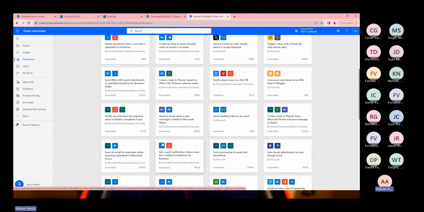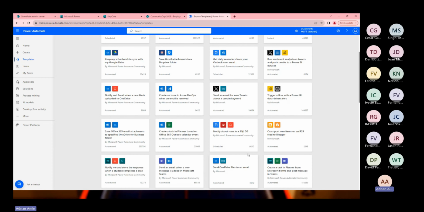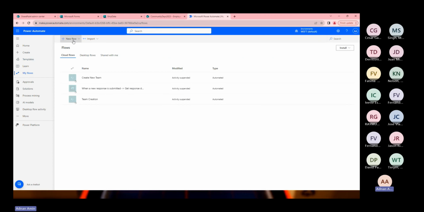You can see the list of templates here, and we are not going to use any of these ones. When we use any of these, we need to create the connections. Like this one, it has three connections, also involving SQL database and other sources. So I am going to My flows here and will create a new flow